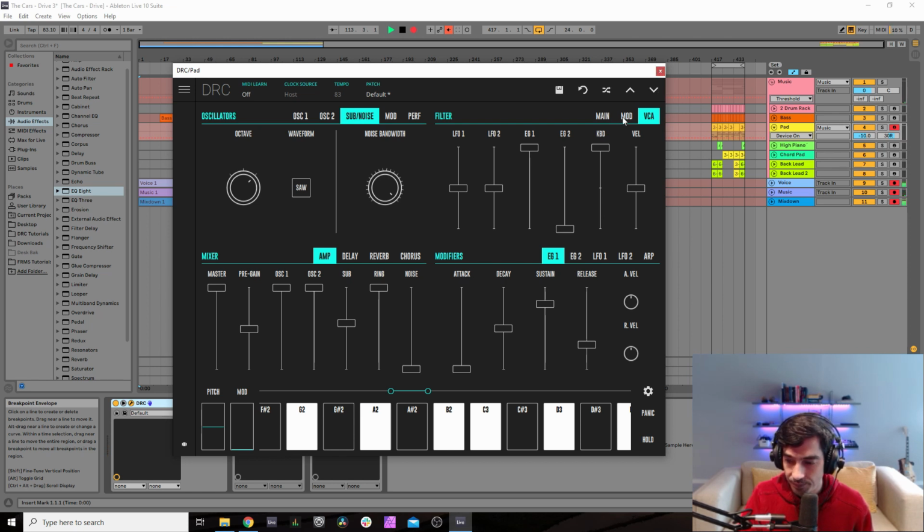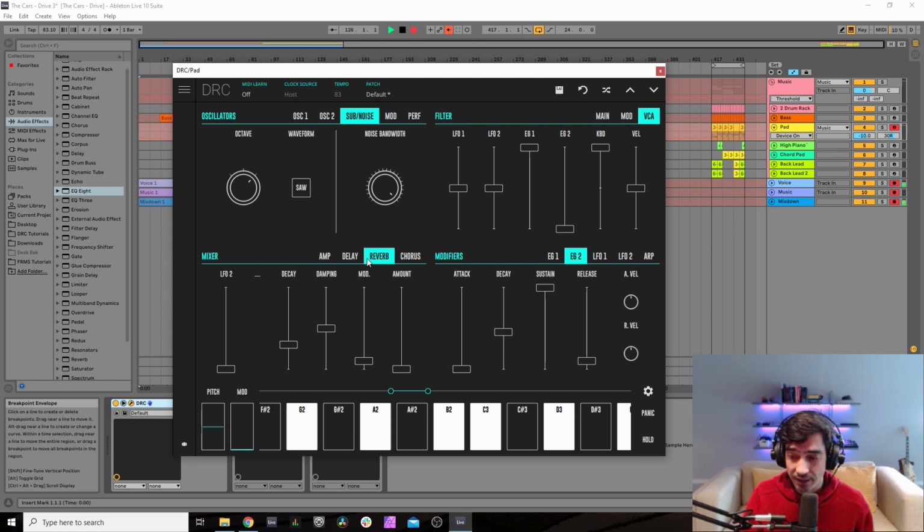And now we go to the first envelope generator and raise the attack to 103. Decay at 500, sustain at 800, and release at 231. Now on the second envelope generator, attack at 0, sustain at maximum, decay at 456. And release at 100.